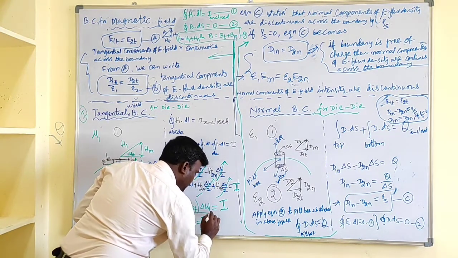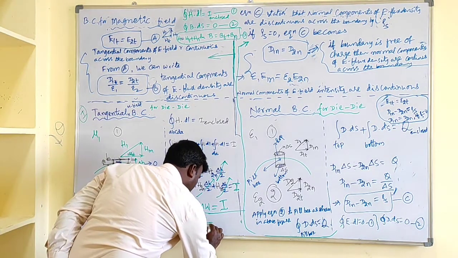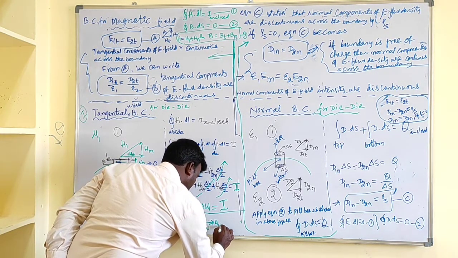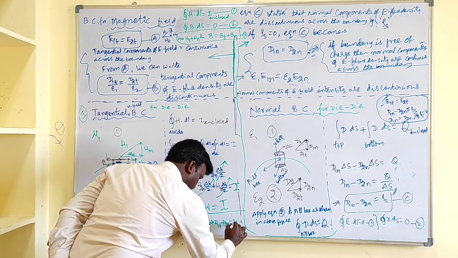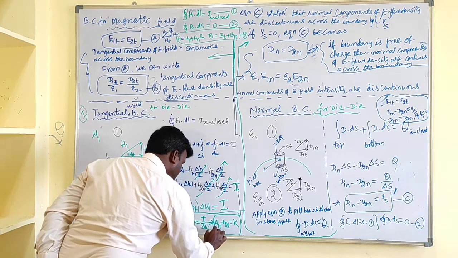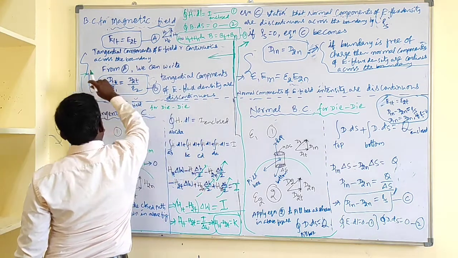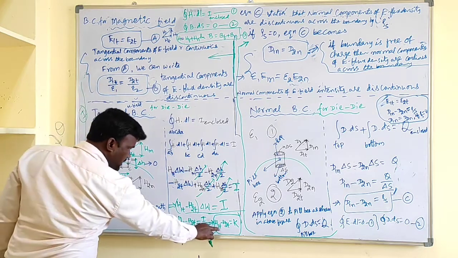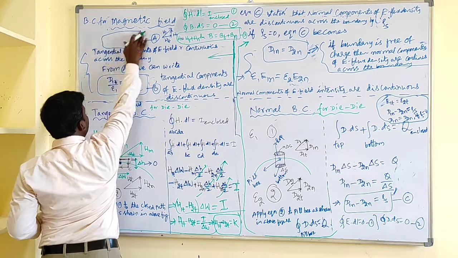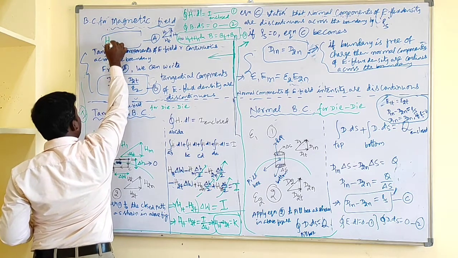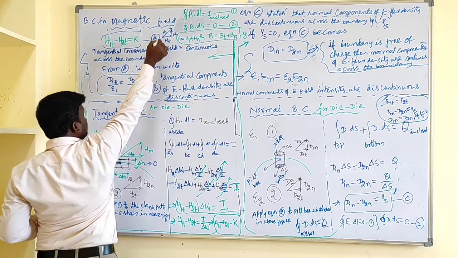Amps per meter is nothing but, we have one parameter we defined, that is surface current. So H1t minus H2t equal to I by delta w, which is nothing but K. From this, jump to this place. Okay, what is the conclusion? We have H1t minus H2t equal to K. Let us take this as equation 1.